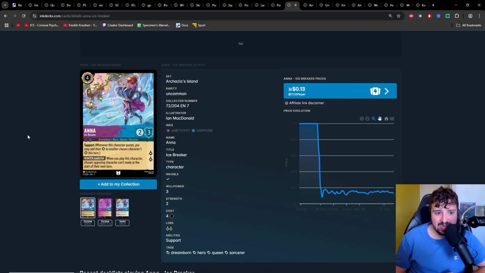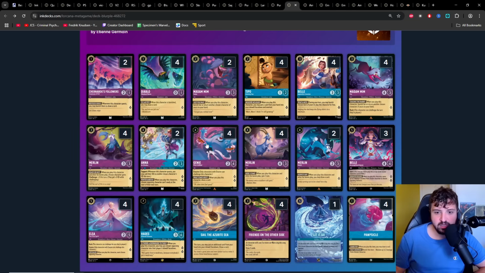I definitely don't hate it. You can play it on 3, and when you play this character, chosen opposing character can't ready at the start of their next turn. It gives you a nice little bit of tempo in the early game. Pretty interesting card. A little bit lackluster in stats, but support is an underrated keyword, and I definitely don't hate this